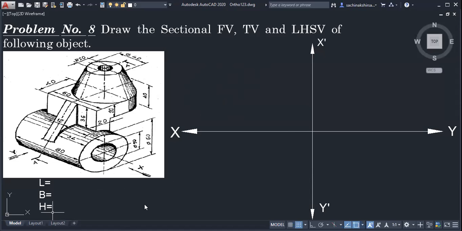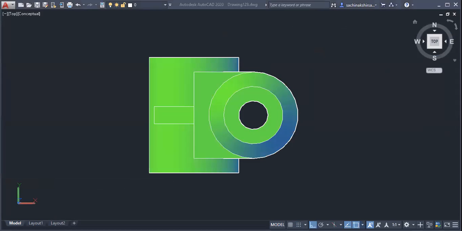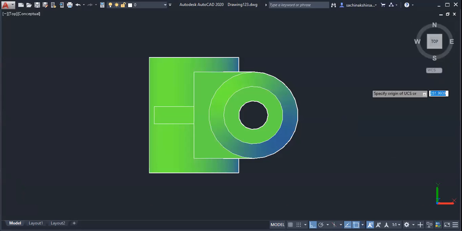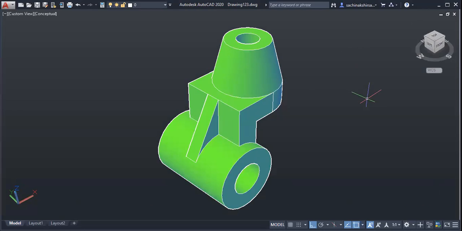I will show this object. This object is a little complicated, so I will show how it is. So this object is this.